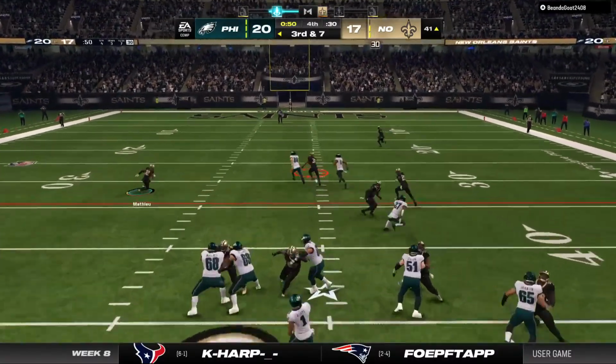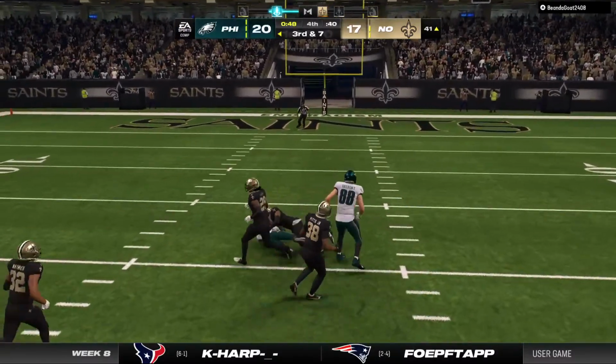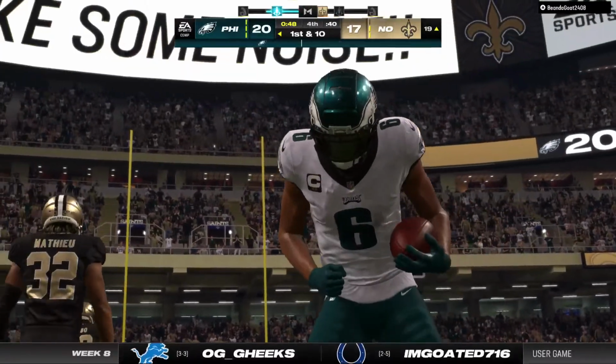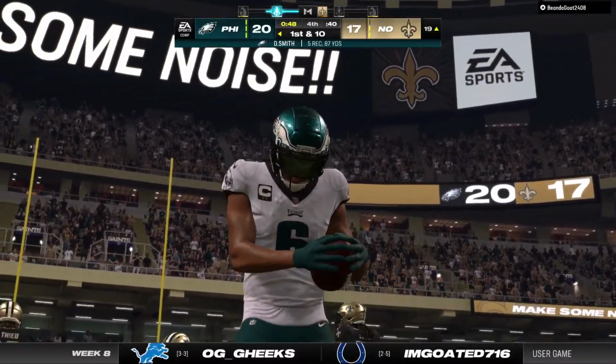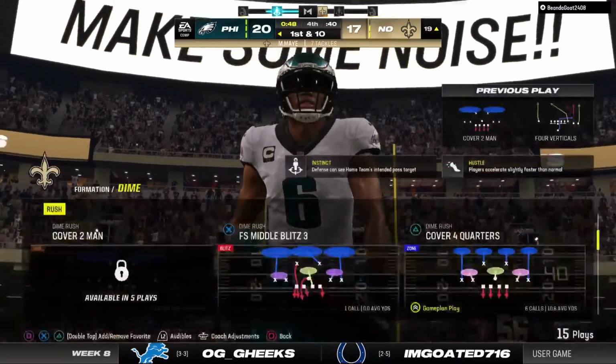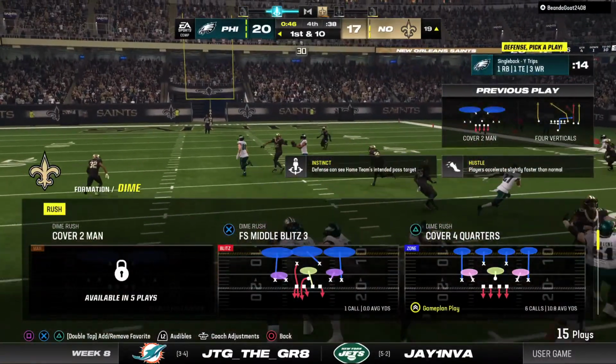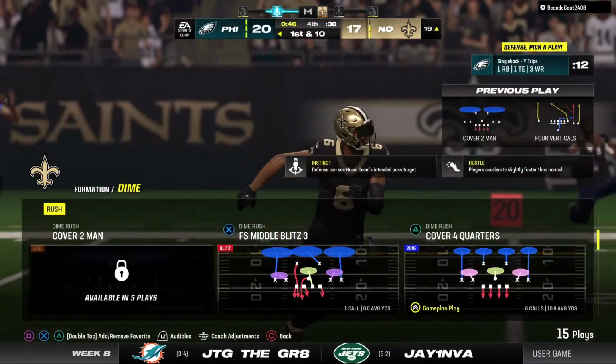He'll look to throw. Work in the middle of the field, and he's got a man complete. And this is going to be another 1st down as the tackle's made at the Saints 19. A big pickup there, and without question, that should be more than enough to wrap this one up. And this defense, they needed that one more stop to have